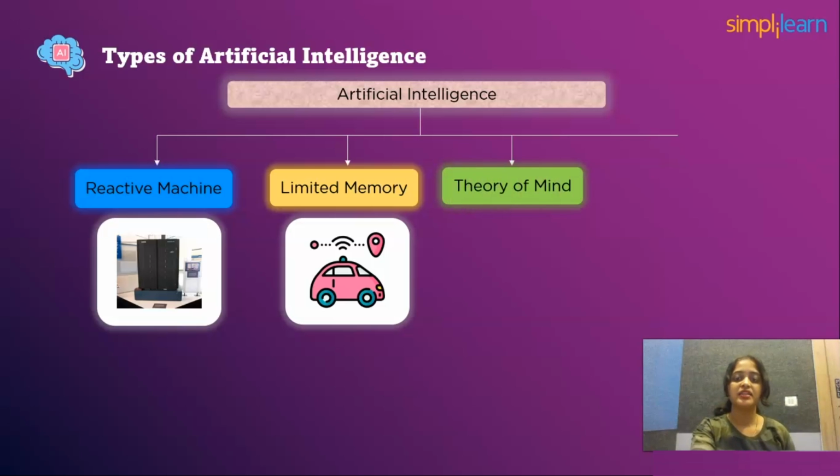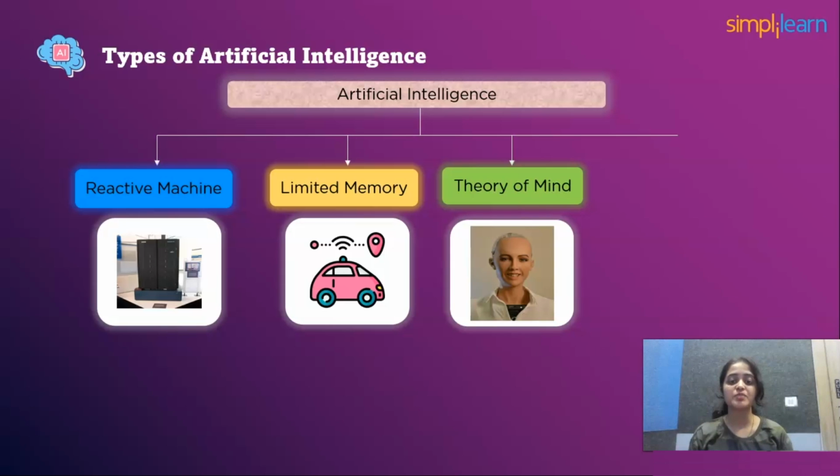And the third is theory of mind. It is AI's cutting-edge class of technology that only exists in concept. A deep grasp of how the people and things in an environment can change feelings and behavior is necessary for this form of AI. It must understand people's emotions and feelings. Even though many AI are of this type, work is not fully completed in this field.